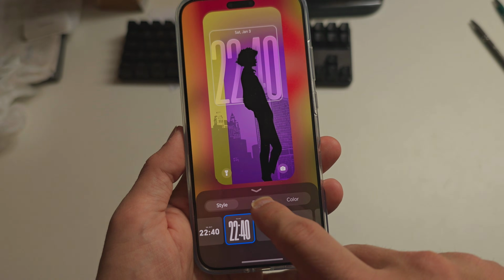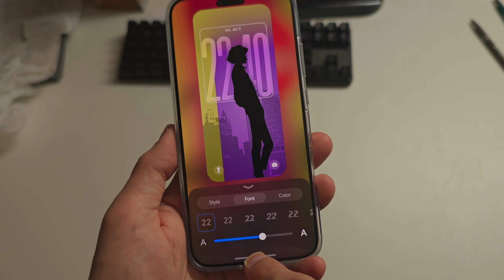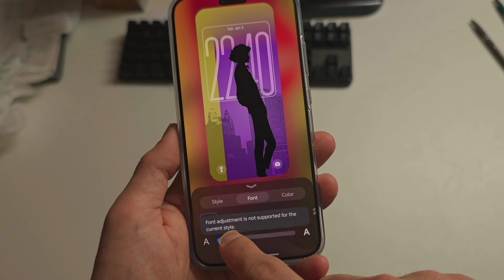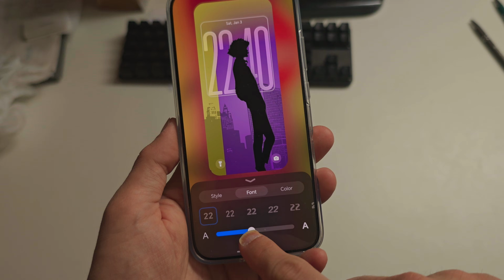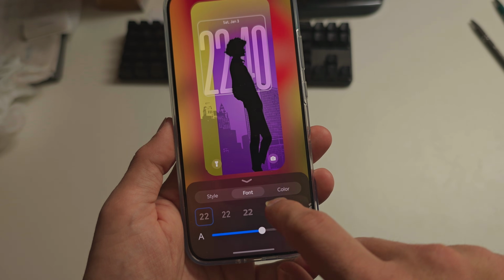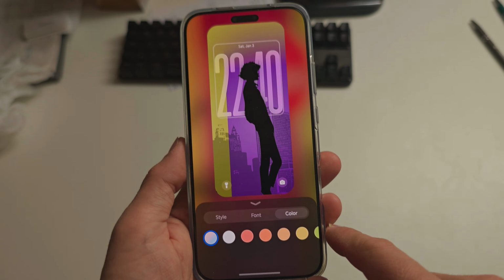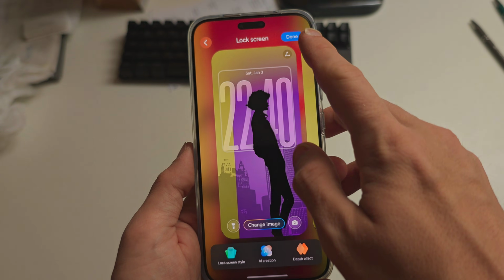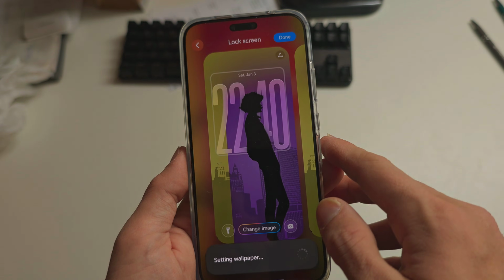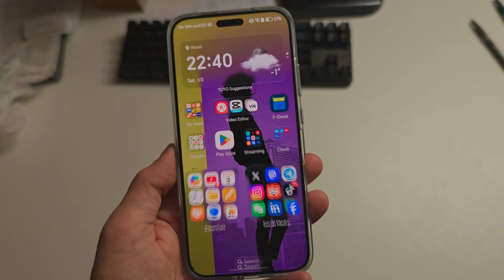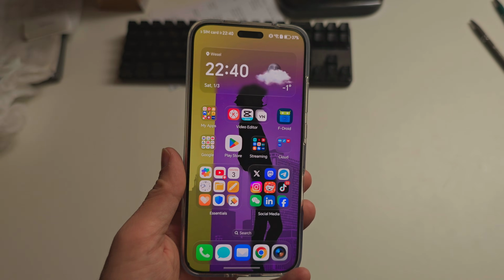And this one is the one that I like the most. I can choose the font style if I want a bit larger font. I can make it thicker or thinner, just the way I like it. And can even adjust the colors here. Very nice indeed that we have the possibility of applying this right now, and I can just simply unlock the